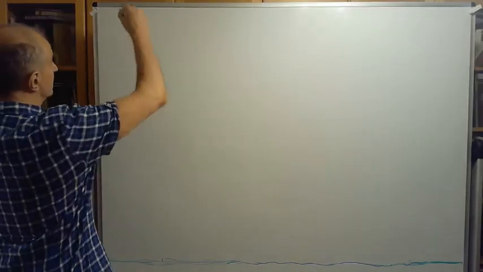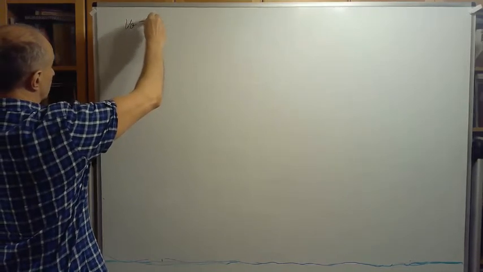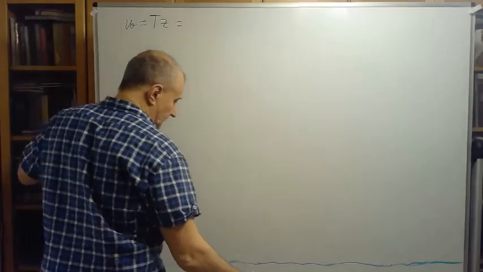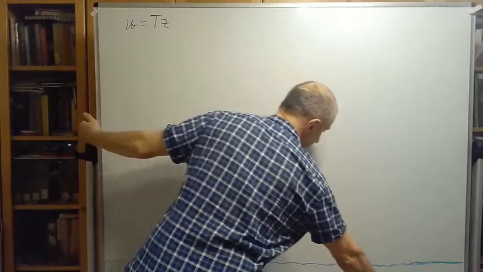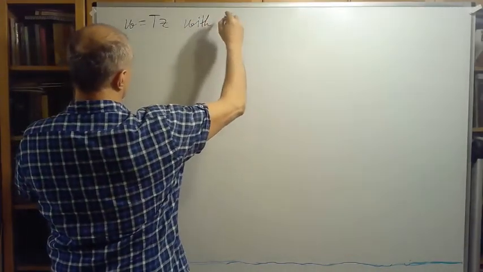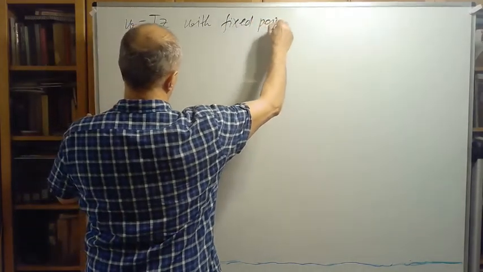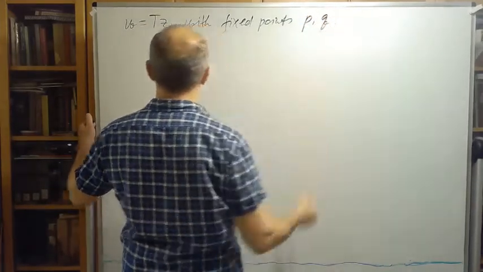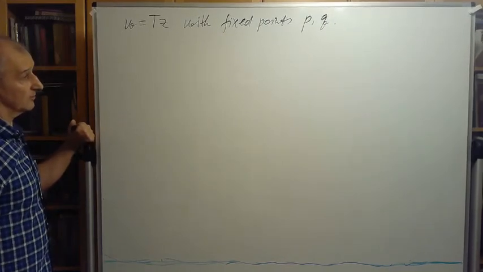So if you have a hyperbolic transformation, W equals Tz, with exactly two fixed points,